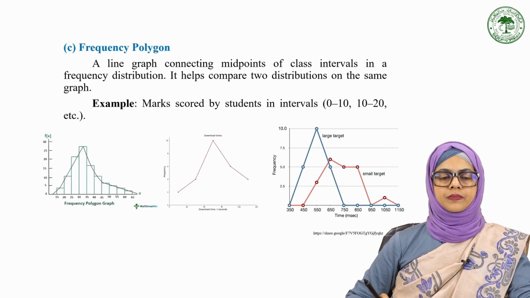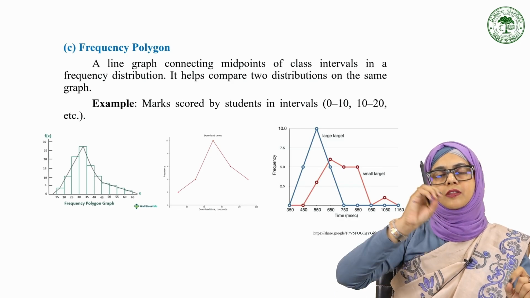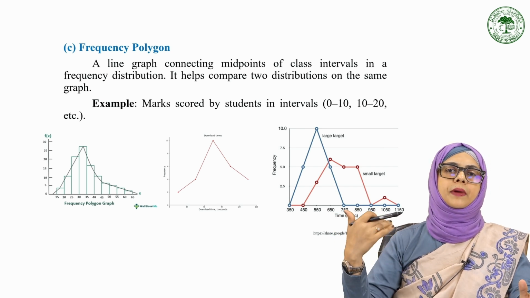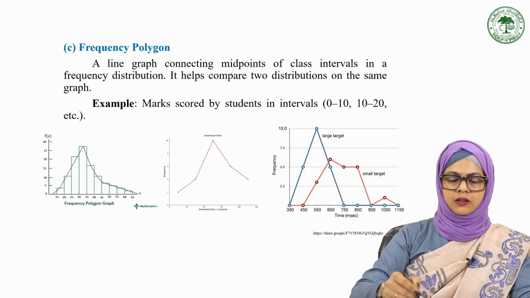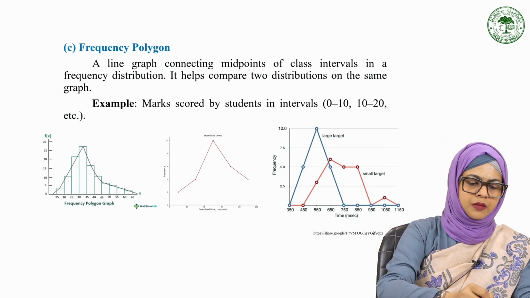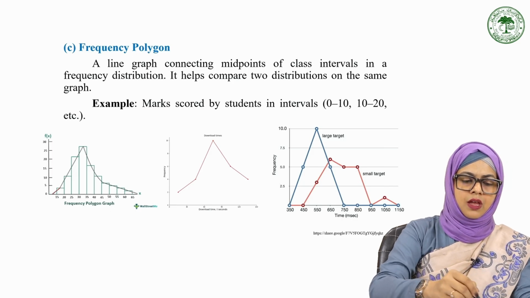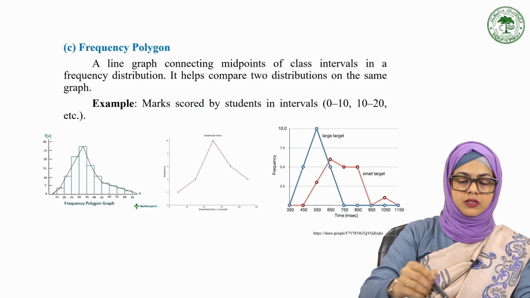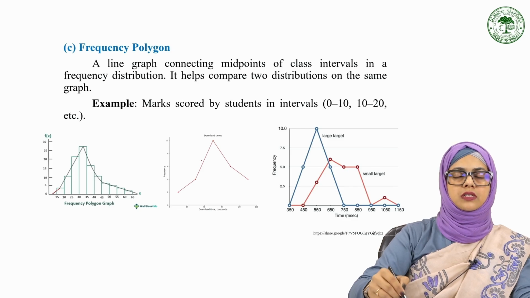Now if you move forward, there's another kind of visual representation in the form of frequency polygon. A line graph which is connecting the midpoints of the class interval in a frequency distribution helps to compare basically two distributions on the same graph, right? So you can see here, you're comparing the midpoints, and the midpoint is attached to the x-axis, right? And this forms from 0 depending on the data that is being presented here. So through line segments we are attaching this, and we are making it into a